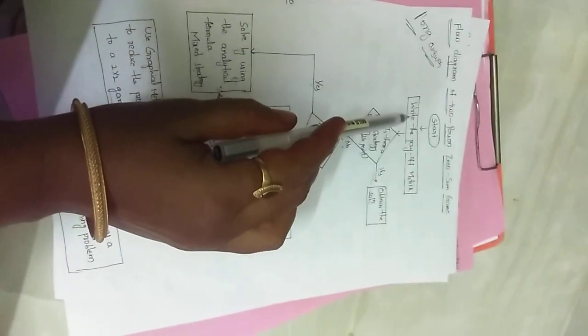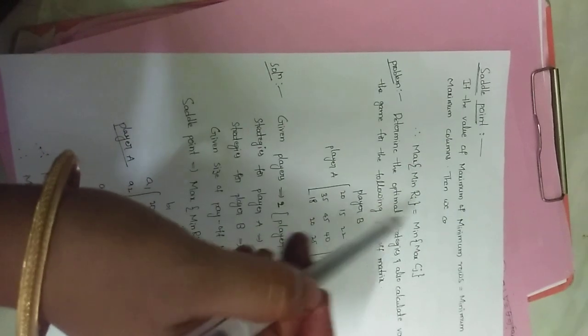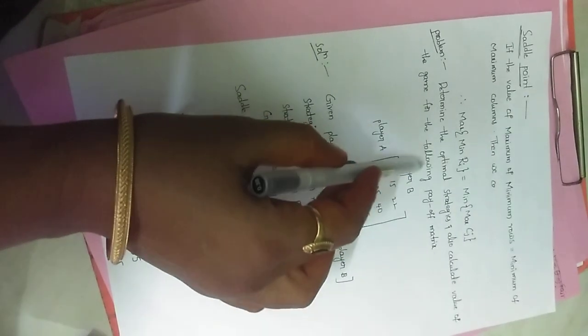Once we try to revise all this. First unit, game theory, game, pure strategy, next strategy, next structure of the game, next flow diagram of 2 cross n zero sum game. It is very important for the long answer theory. This is that diagram. Next we have the saddle point formula and what saddle point means. Next we have one problem and we solved it here. This is the solution.